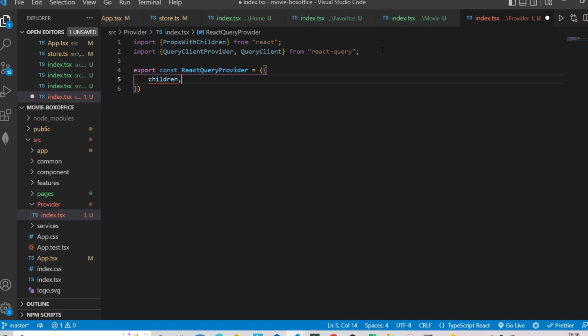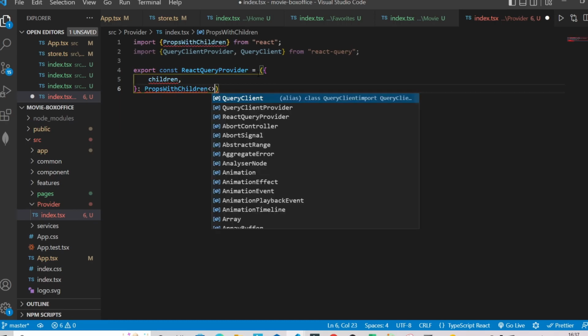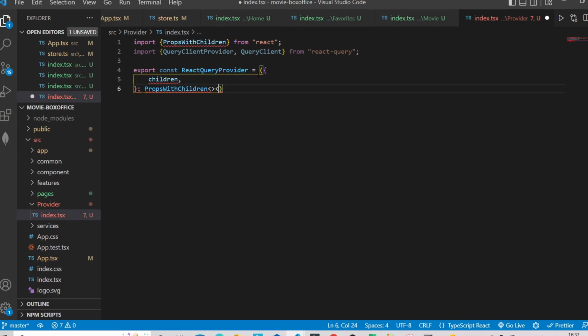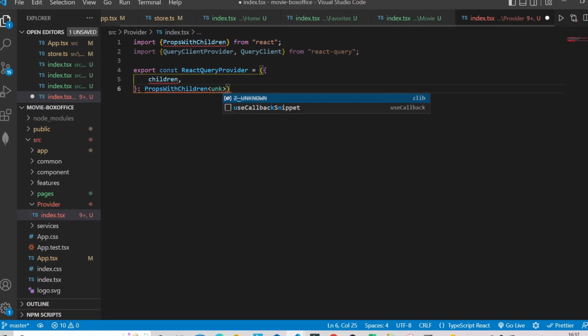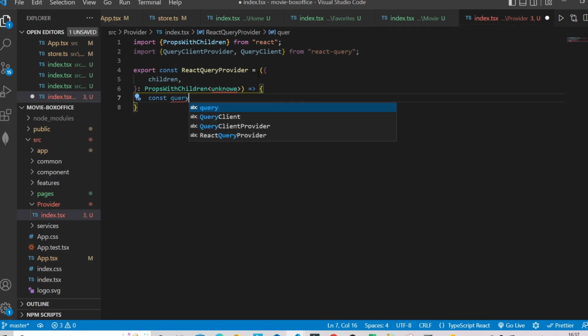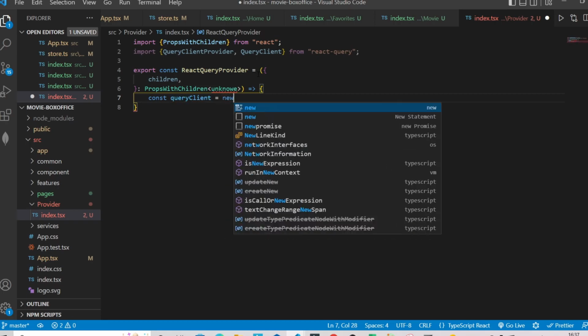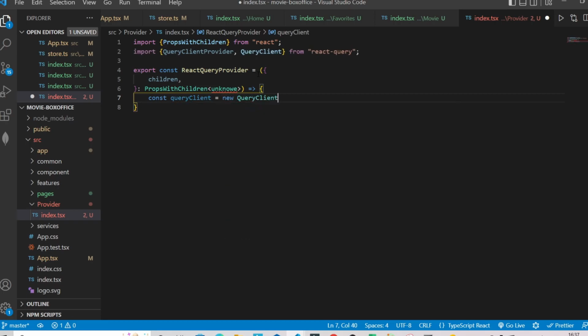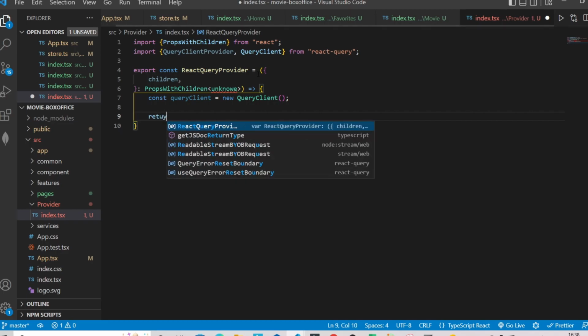After that, PropsWithChildren, and we can pass unknown here. After that I'm going to create an instance of QueryClient, so new QueryClient. This basic configuration is required in order to work with React Query in a React application. After that I can return here